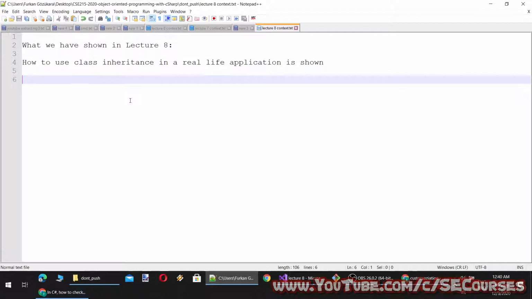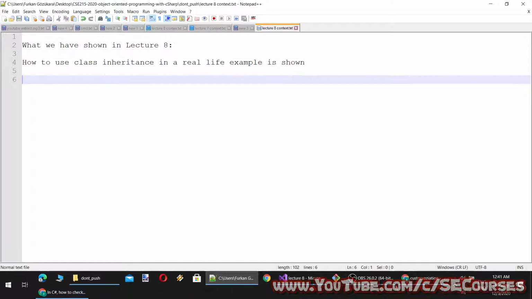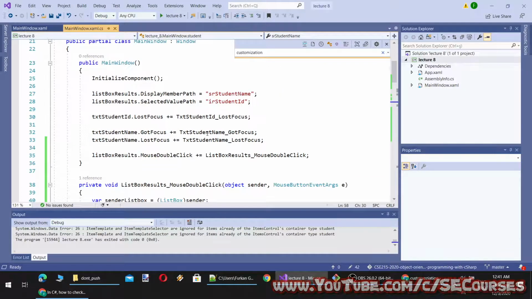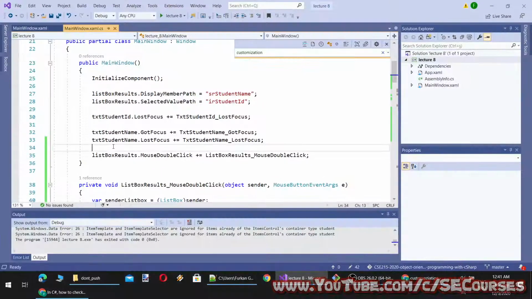How to use class inheritance. Write an example. This is better. And have shown objects. These are event bindings.